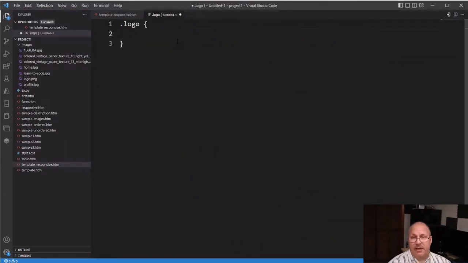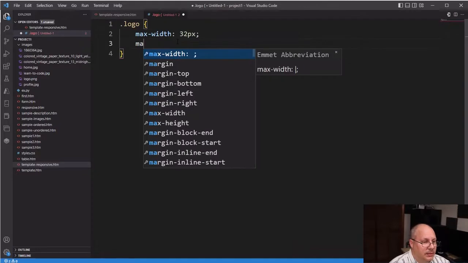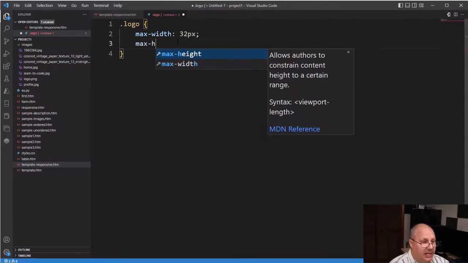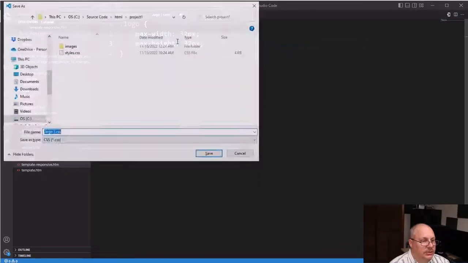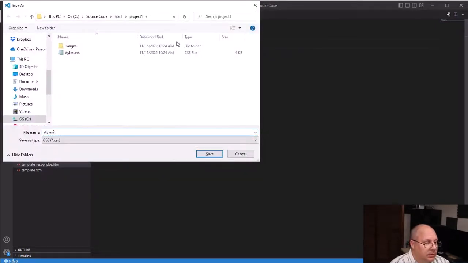And if I am of class logo, and I might want to specify if I'm in a nav bar that's a logo. Right now we're just going to keep it simple. So if I'm a logo, I'll say max width is 32 pixels, max height 32 pixels, and I'm going to call this